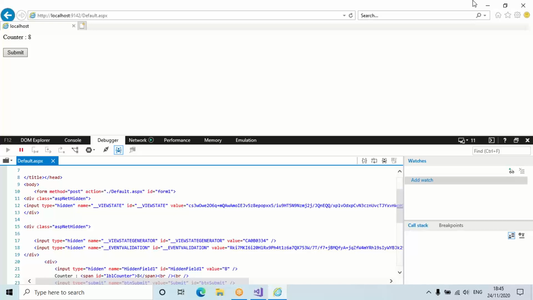Like first time when you are going to the server, the hidden field will not contain it because it's a control, no? It's a control, so it can go to the server. And the server will make use of that control. Whatever the value which is there in i, it will